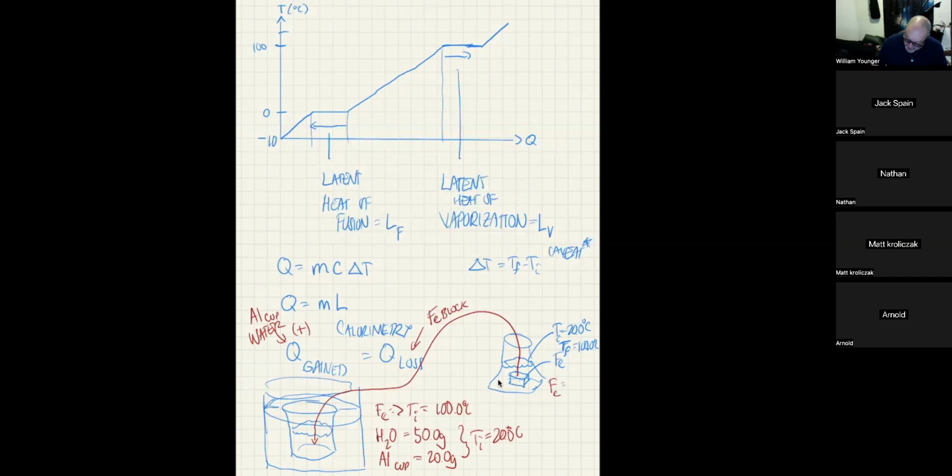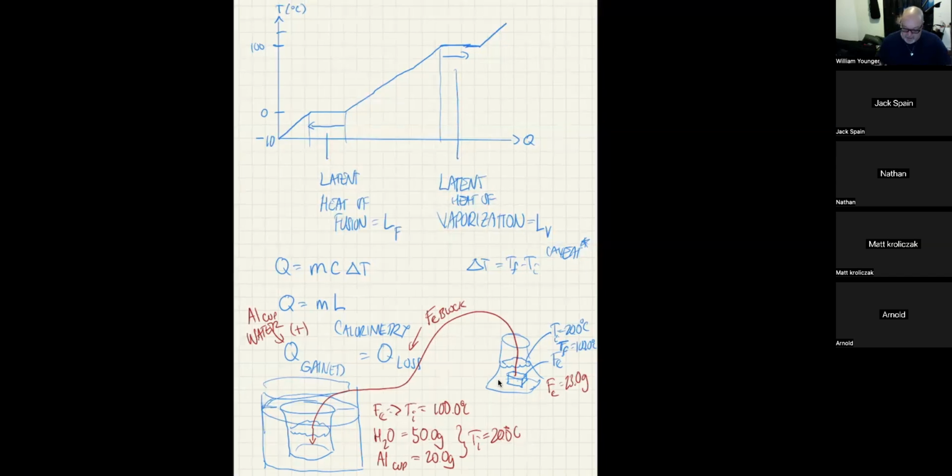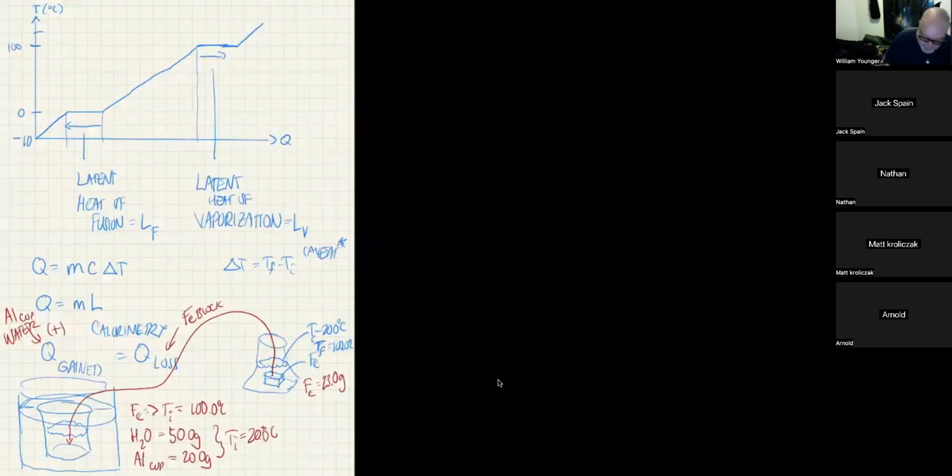Let's say the iron block, which weighs, let's say, 23.0 grams. You're going to take that iron block, multiply that mass times its specific heat, which you can look up, and then that's going to be multiplied by T initial, which is 100 degrees Celsius, minus T final, because again, we want it to be positive. So with that in mind, your equation would be, let's say, I think I said 50.0 grams for